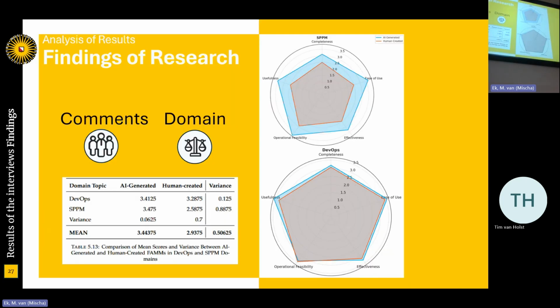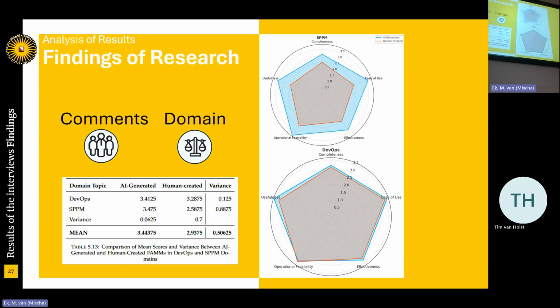That's at least important to mention here. At least a little bit bigger, deeper, because this is just a whole average. Additionally, I can say that the DevOps focus area maturity model scored around the same. But the software product portfolio management did show that the human-created ones did score quite lower than the AI-generated one. And there was only one design criterion out of all of them where the human one scored better.